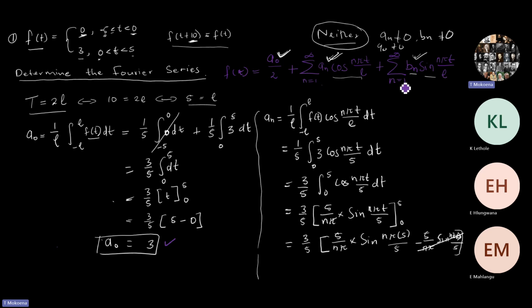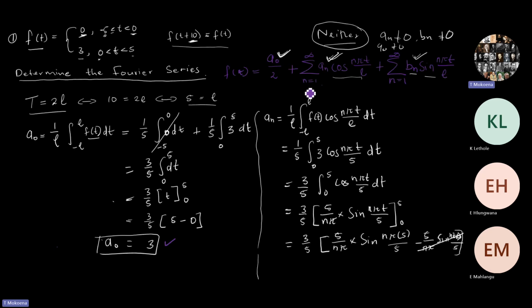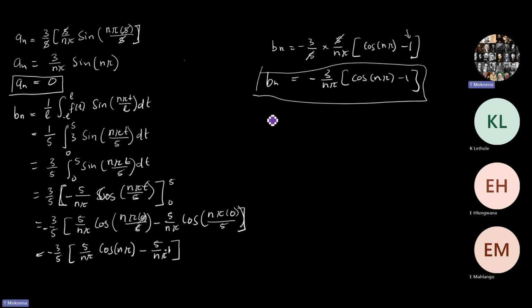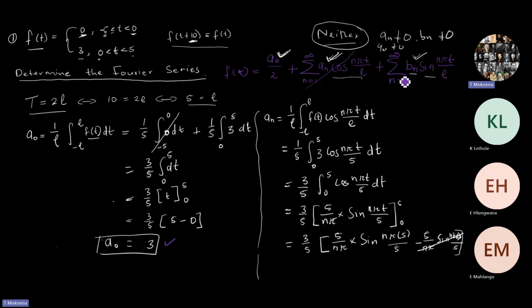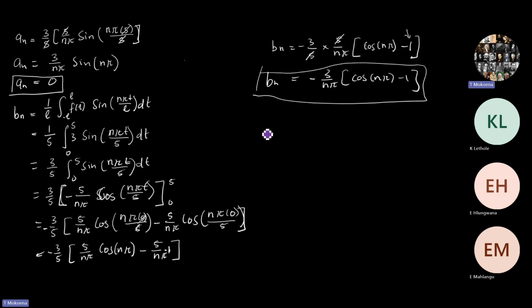You understand? By the way, because our a sub n is 0, that means this will fall off. We are not interested in this part for now, because a sub n is 0, so everything is going to be 0. Here we are left with this part where we have b sub n. We have the equation for b sub n, right? So b sub 1, the value of n, because our n runs from 1 to infinity. So I can quickly determine b1 over here. Let me use this space. b1 is equal to